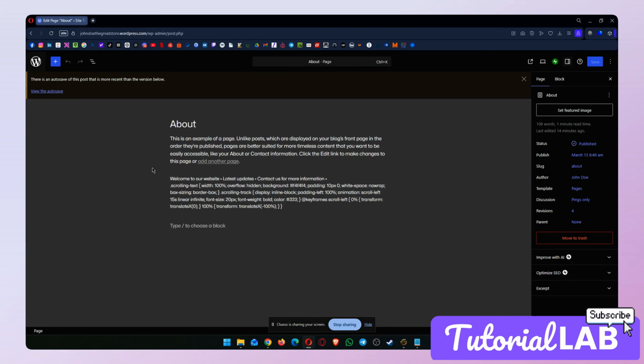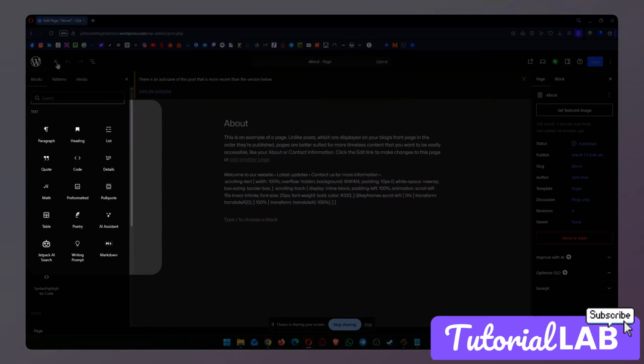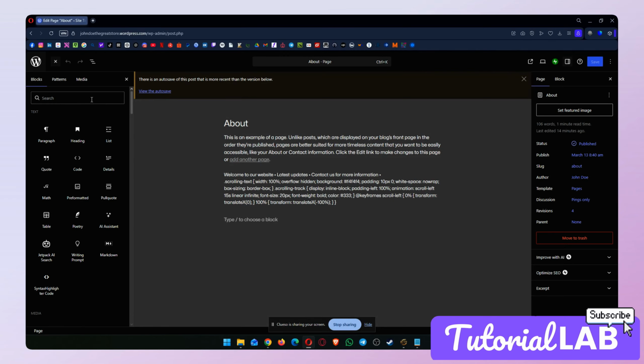If we want to add an author, all we have to do is go to the plus sign in the upper left part of the dashboard. This is the block inserter. Here, we will be adding paragraphs, headings, lists, HTML codes, and anything else we want to include on the website, including the author. To add the author, all we need to do is click on the search bar and type